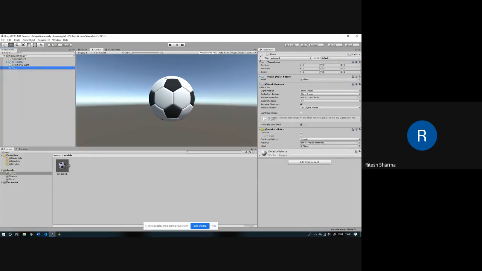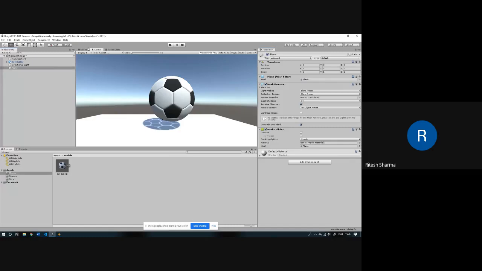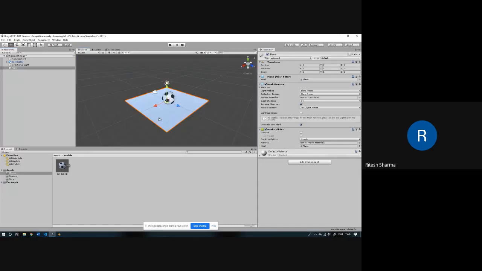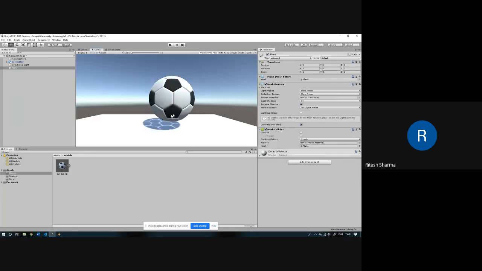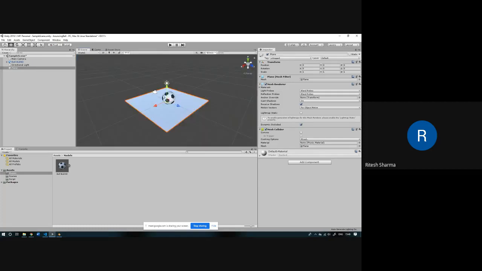So what's a plane? A plane is nothing but this section here, right? Now once this section comes, you can see that the ball is casting a shadow, so it just looks good. It doesn't solve any problem or purpose here, but it just looks good.